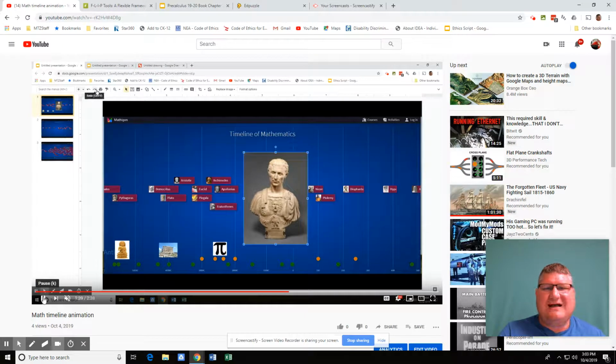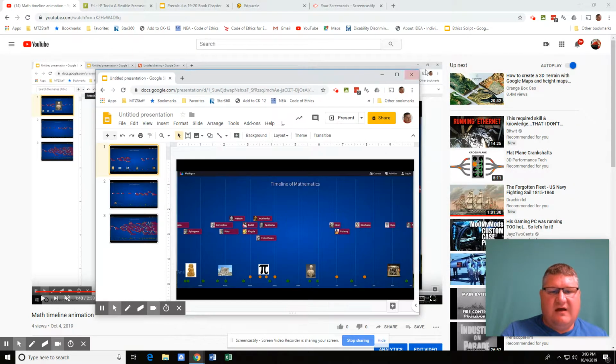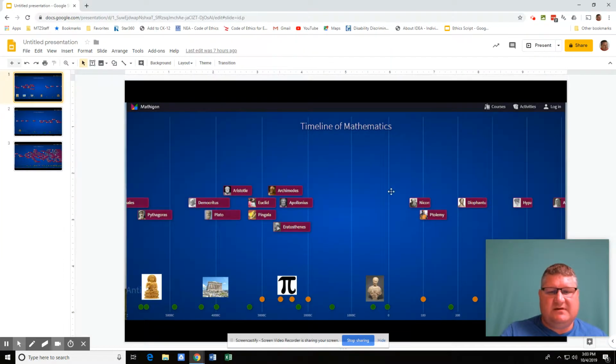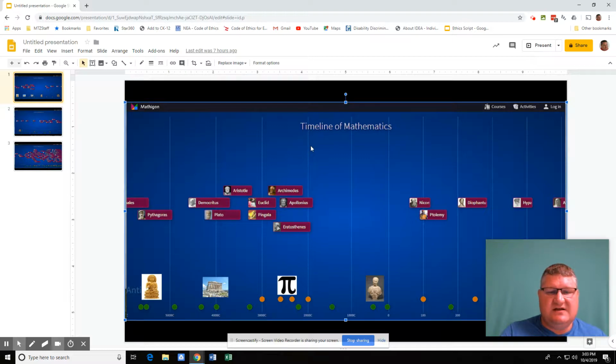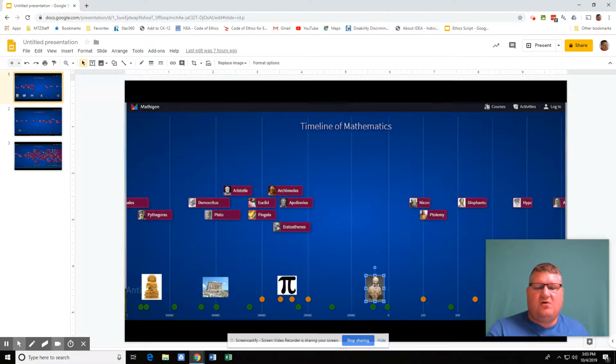But let's talk about kind of how I made them. So one of the ways that I did this is I simply went and grabbed a picture from my timeline. So I went and grabbed nothing but a picture from the timeline. I put it into Google Slides. There it is. And then I went and found all of the key pictures that I wanted to use as